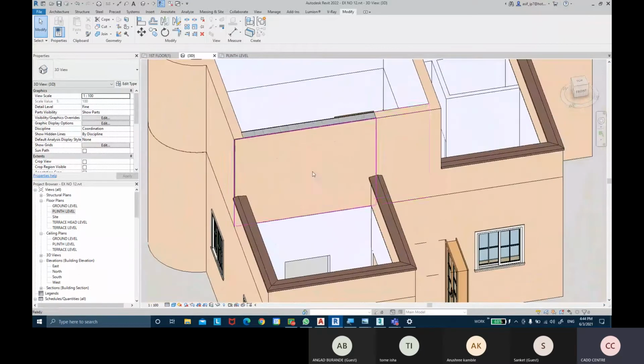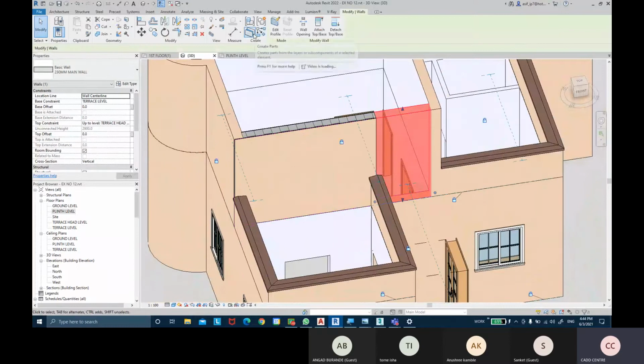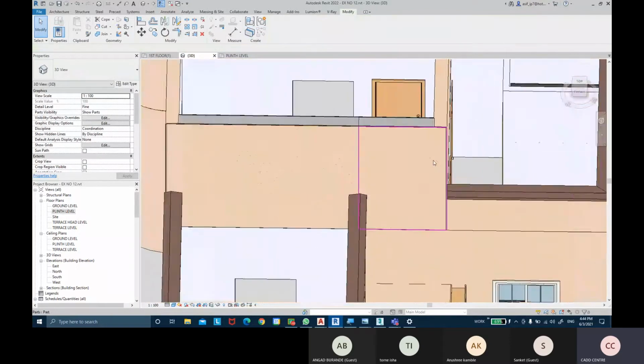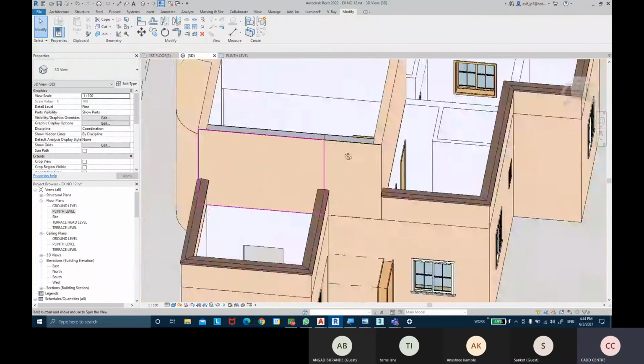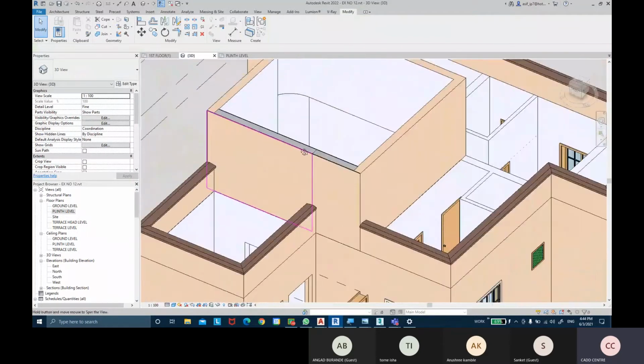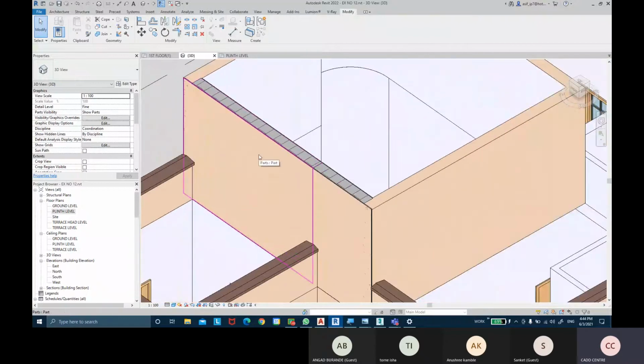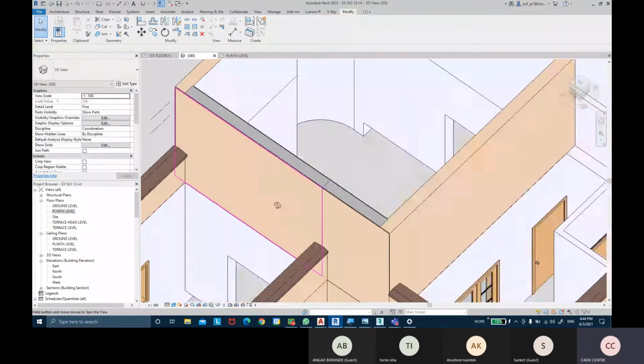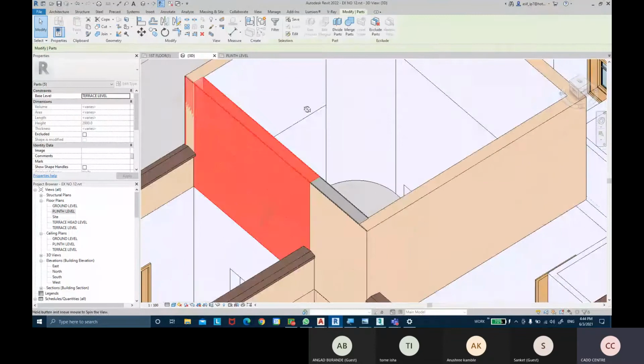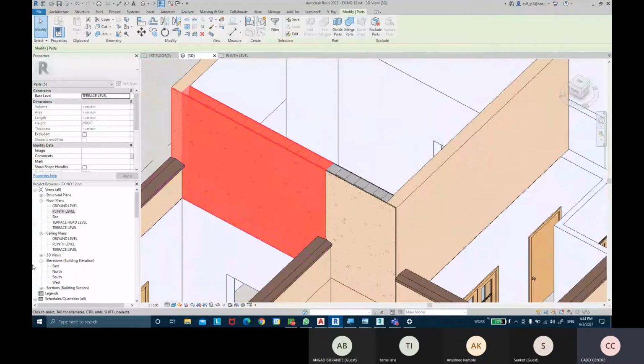Okay, so we can select this wall, and we can also tell it to create parts. It will create parts for that element, or that face of that wall, as well. Now I can show this a little more in detail. If I want to show more part details more clearly, to see how many layers this wall is made of, I can select all these parts individually, or I can select the whole wall together. I selected the whole wall together, and over here in the properties dialog box, there is an option called show shape handle. Can you see?